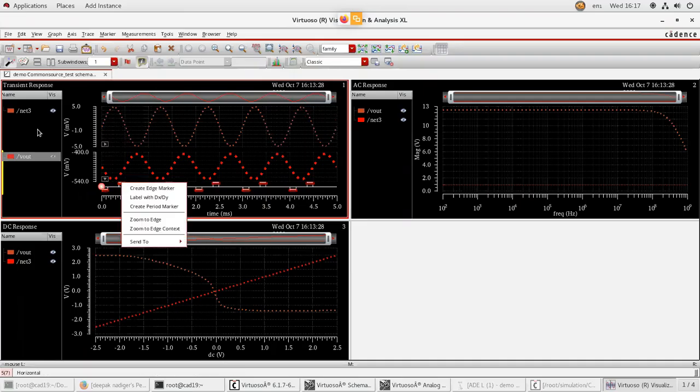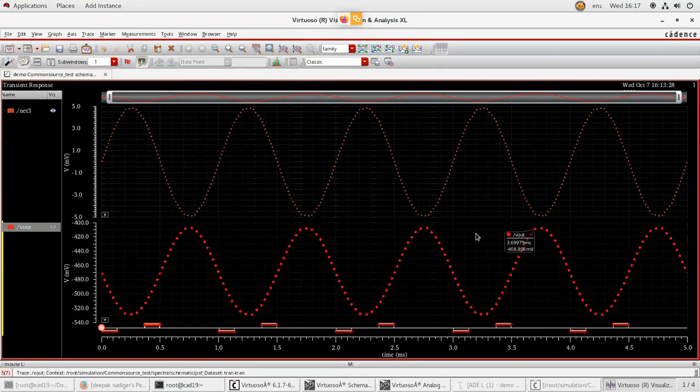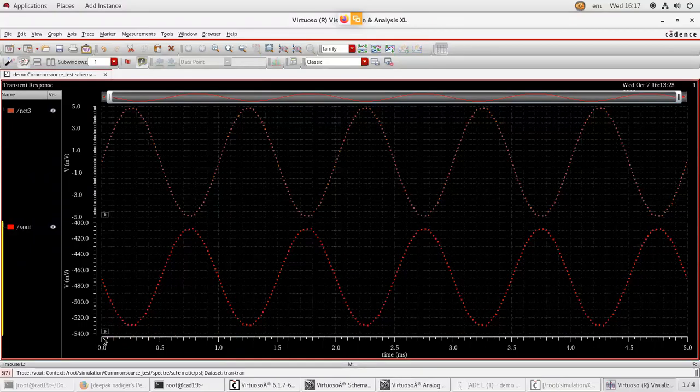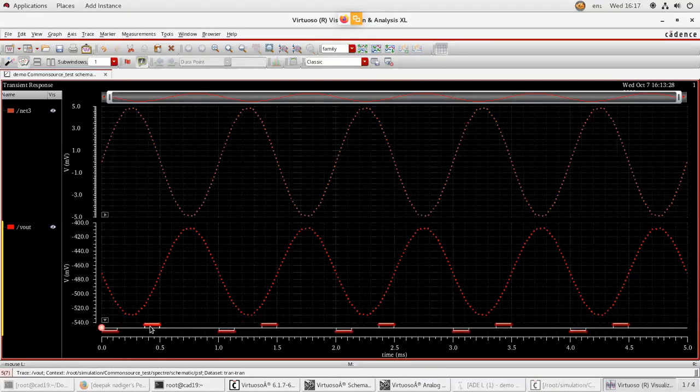So we'll do one thing. We'll only go with the transient response. We'll only analyze it. So only open this and click on the waveform. Click on the small icon shown here. Click on that. After that, right click.